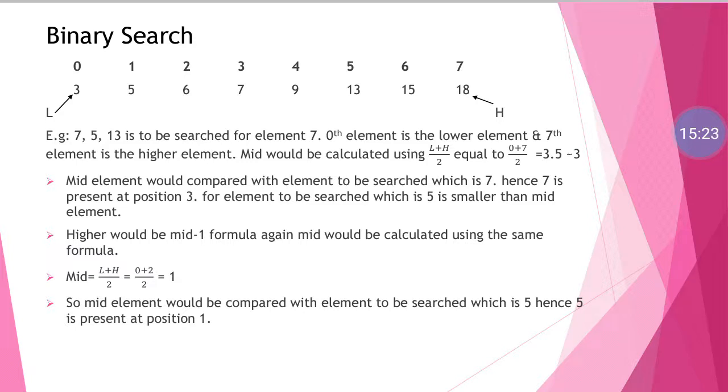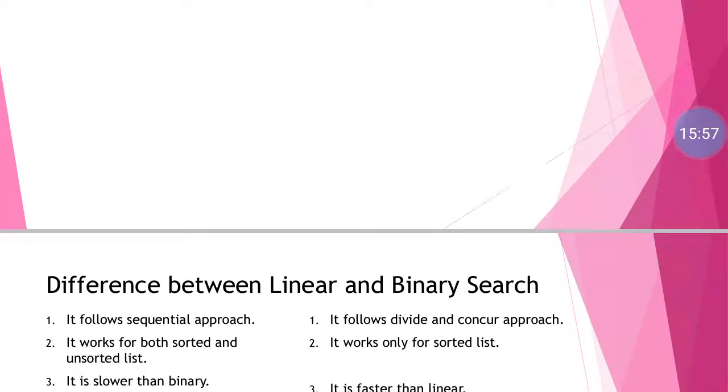So 4 plus 7 gives us 11, which divided by 2 is 5.5, so you could take it as 5 or 6. Obviously we need to search 13, so that will be our midmost element, and again the midmost element will be compared with the element to be searched, which is 13 in this case, so we could conclude that the element is found. Fine, I hope it is clear, and once again I want to remind you guys that in case of any doubts, post a comment and I can surely help you with your doubts.